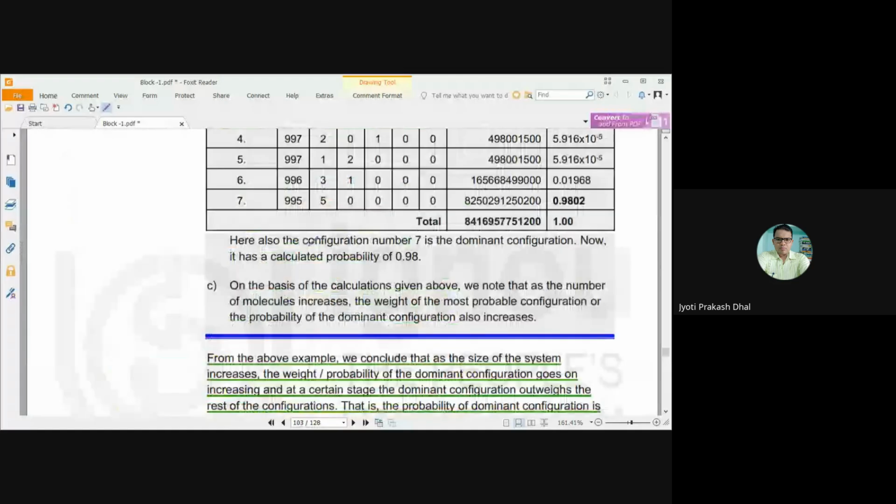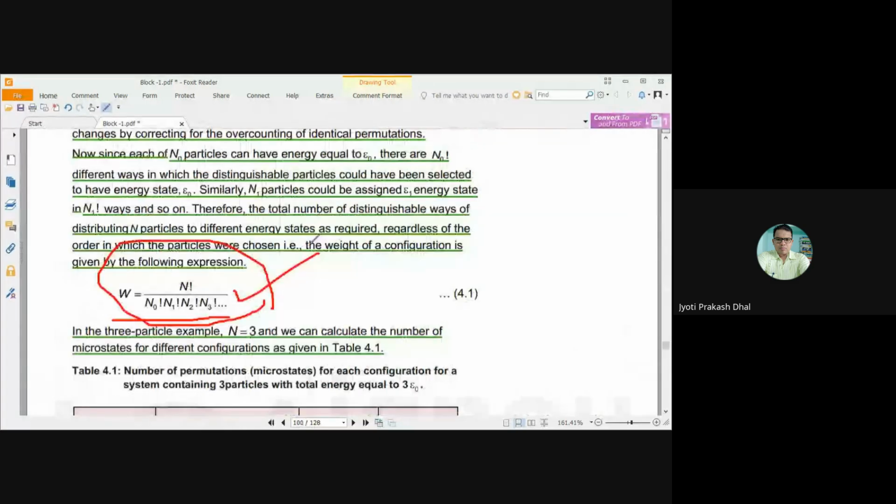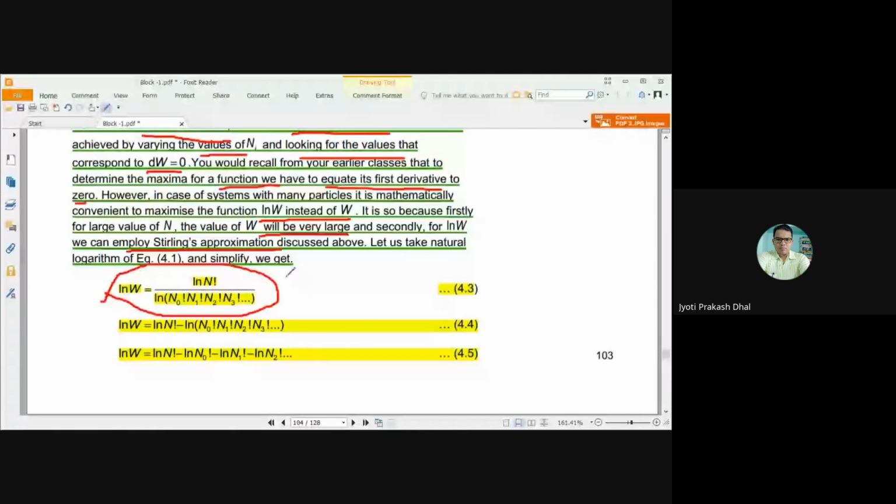Now again coming to equation 4.1, it tells us that the weight of the configuration W equals n factorial divided by n0 factorial into n1 factorial into n2 factorial into n3 factorial and so on. Solving this,